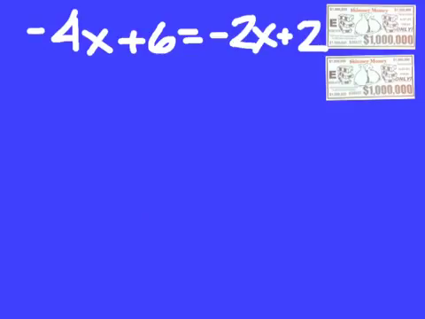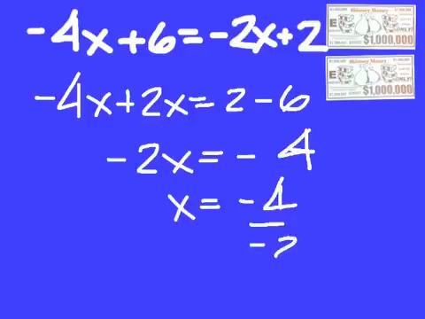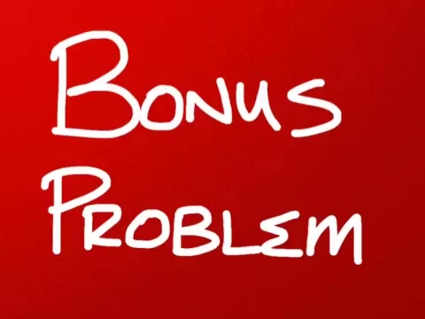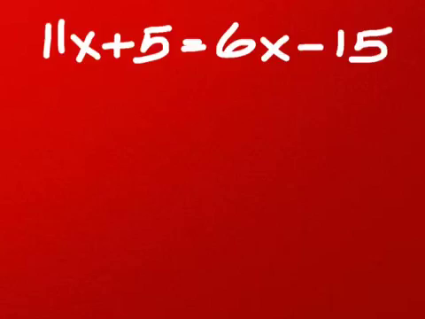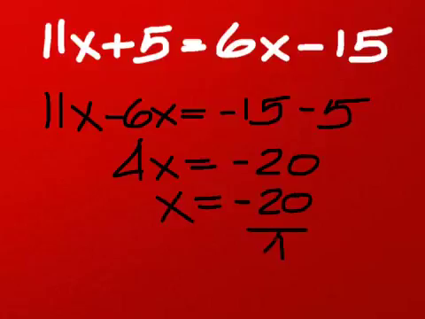Here's a practice problem. -4x plus 6 equals -2x plus 2. You should have -4x plus 2x equals 2 minus 6, which is -2x equals -4, and divide by the -2 to come up with 2. Bonus problem. The solution is 11x minus 6x equals -15 minus 5. So that should be 4x equals -20. Divide by 4, and opposite signs will give you a